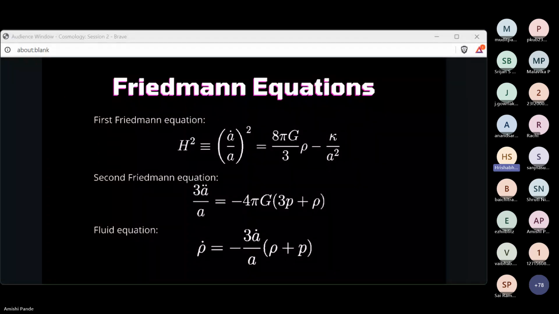That comes from the second Friedman equation. The second Friedman equation has both P and rho. Now, as you see here, in order to solve these two Friedman equations, we will need an additional equation, right, because we have first and second derivatives of A. For that, we use an equation which sort of does not come directly from